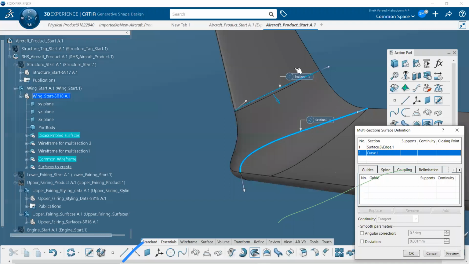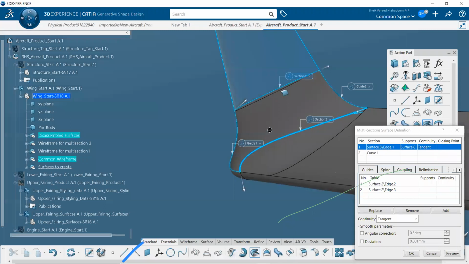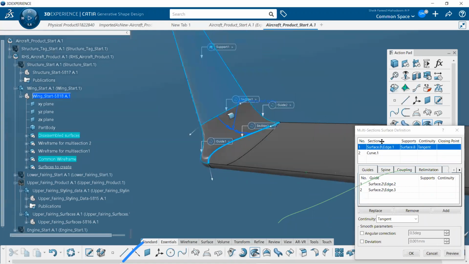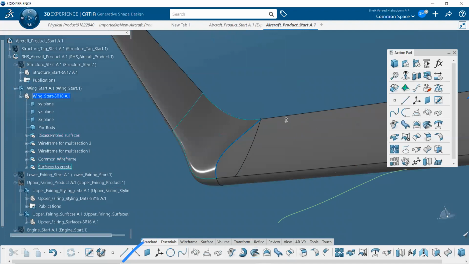For the support, I'm going to create a surface over here. Surface number 8 I'm taking as the supportive surface. Make sure the directions are on the same side. You can take either in this way, or you can take either in this way. In preview, the surface is created between these two with respect to the guide over here. Then click on OK. You can see the surface is created.